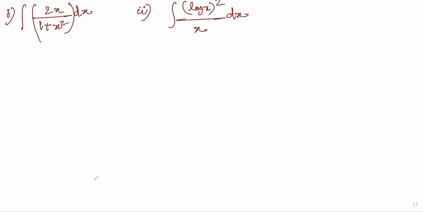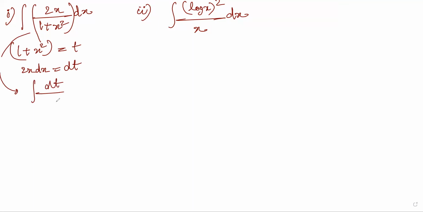Yes, sir. So if you take 1 plus x square as t, this would become 2x dx equals to dt. And this expression becomes dt divided by t, which is log t. Log t is log 1 plus x square plus